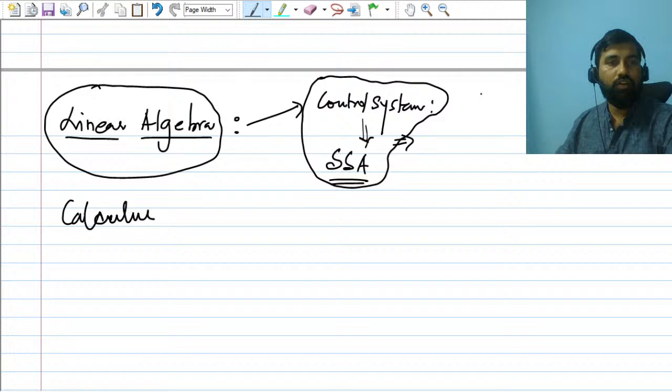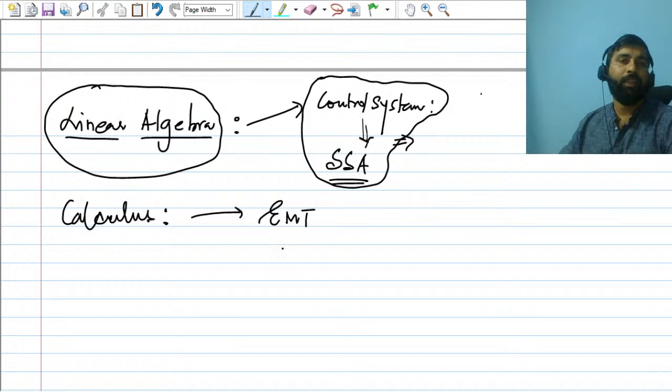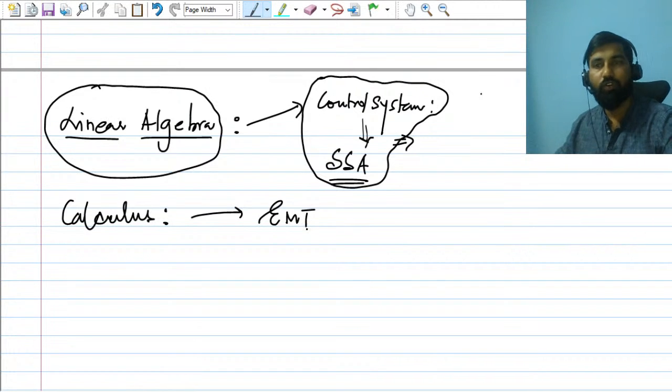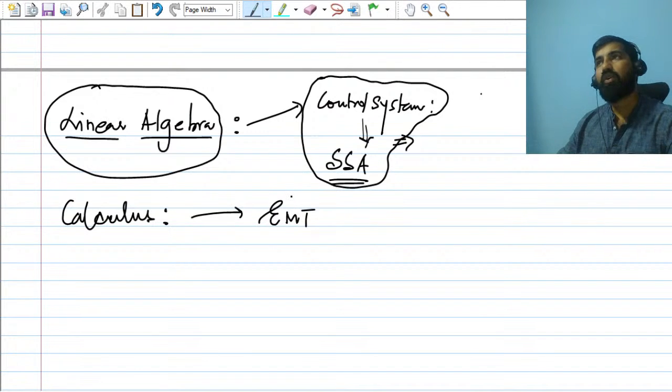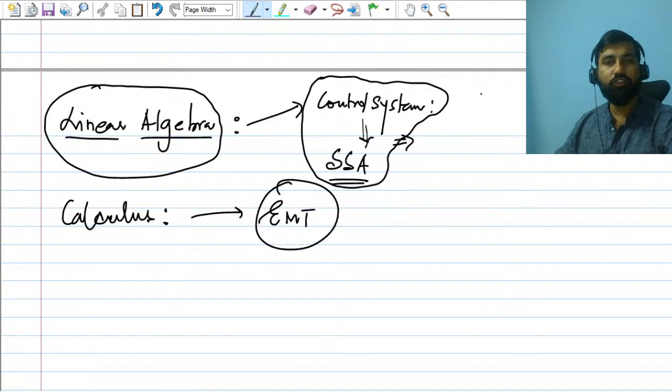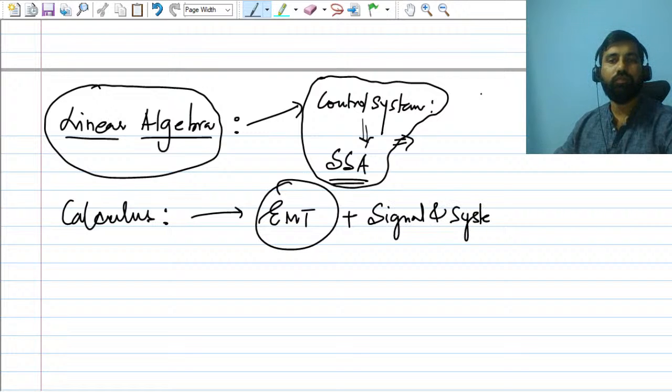Calculus plays an important role in electromagnetic theory. In electromagnetics you will come across calculus: line integral, surface integral, and volume integral. Calculus is also important in network analysis, and for signal and system. Linear algebra also comes into the picture in signal and system. Remember, in signal and system it also comes,